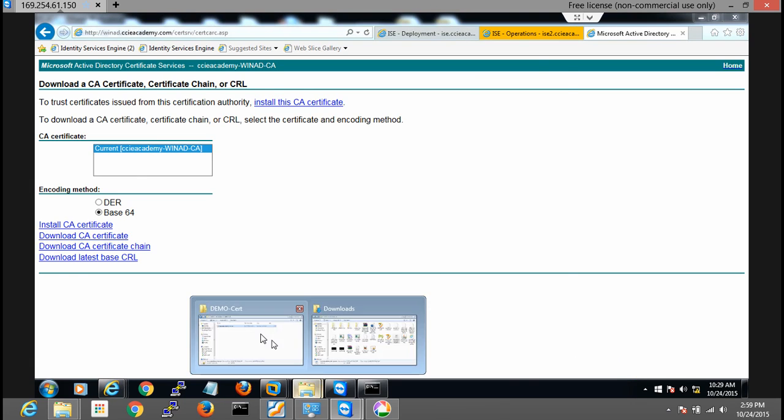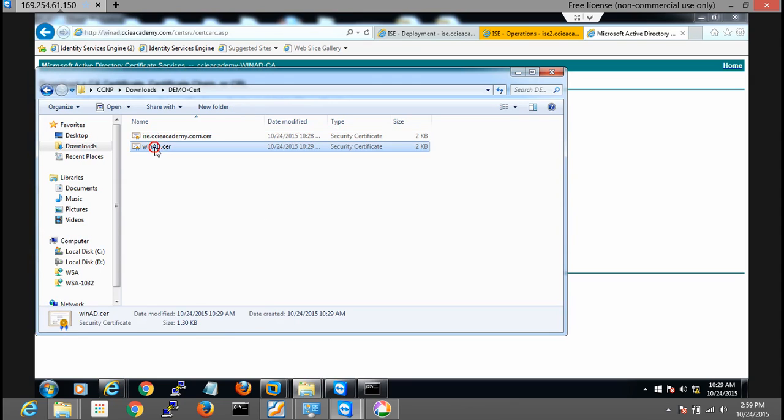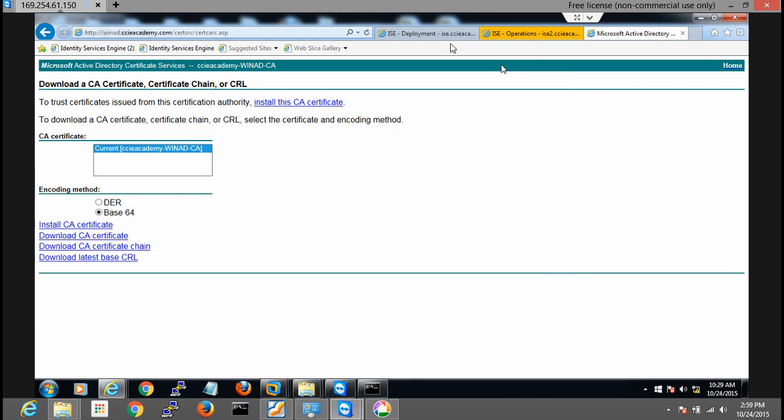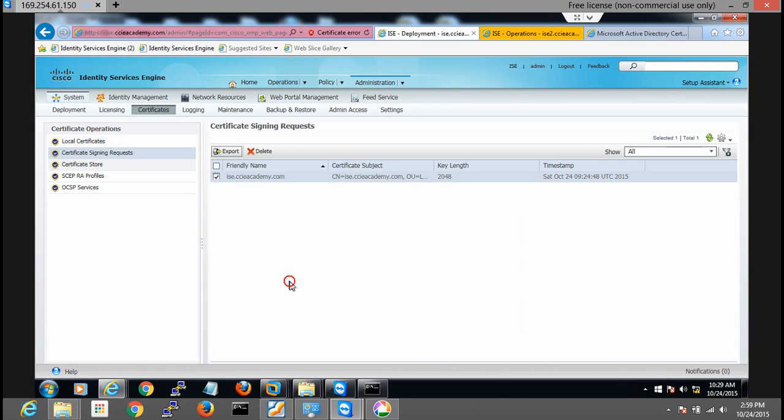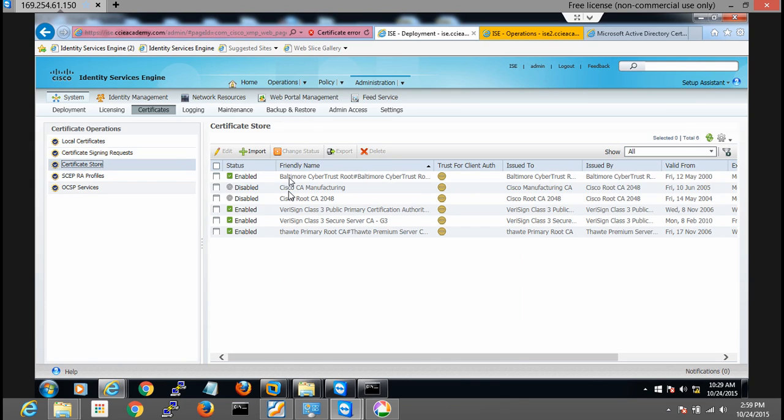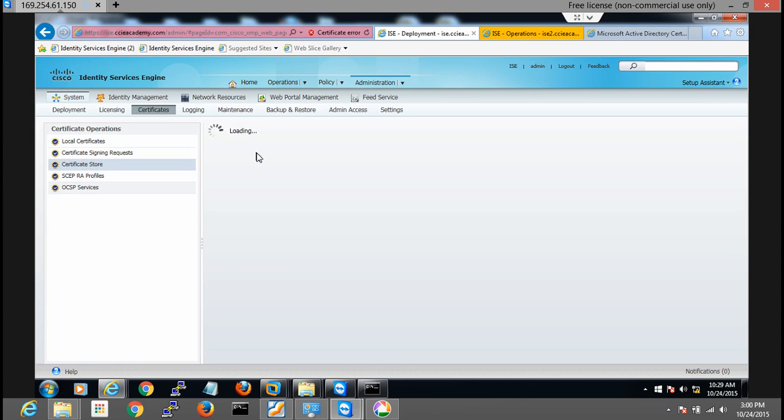So if you go back to the same folder, there's another file. This is your root certificate of your CA server. This is your certificate of device. Now we have these two certificates. Go to your device. Go to certificate store. First upload your CA certificate. All these are well-known CA certificates already present on ISE. You can say import,